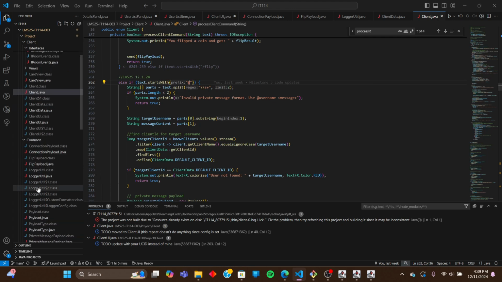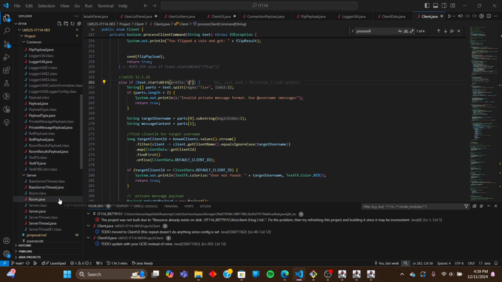And it is also part of the server, so the server knows what to do. It's room and server thread. But on the client side, this processing identifies the target username, which is @ whatever, that's the target username, and sends the message payload. On the server side, the room class will direct the message to the intended or target recipient,